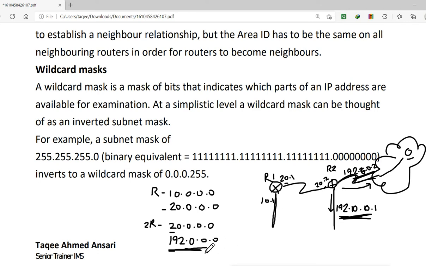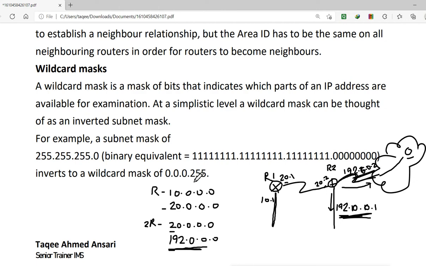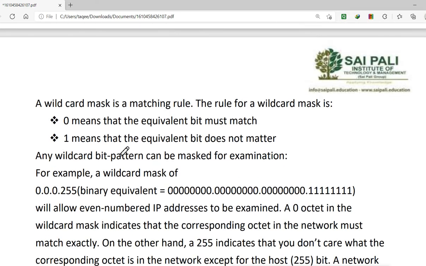Now the simple rule for the wildcard mask is this: when we have the bit 0, that means the equivalent bit must be matched.